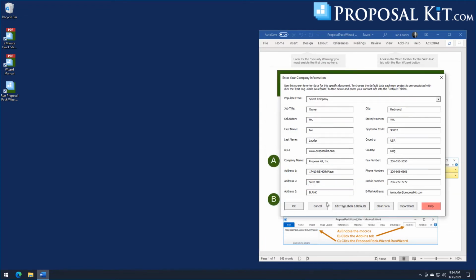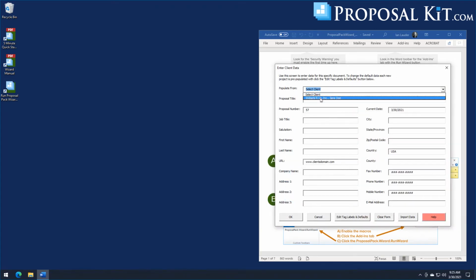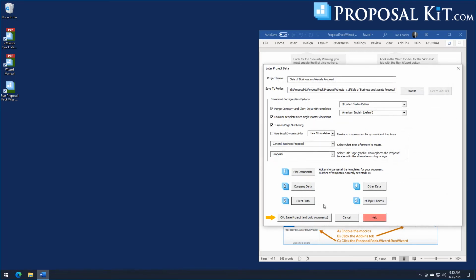and just like before, go to the company data screen, fill that in with your information, and the client data, and we'll just pick the same client. And you'll note I've been unchecking the Excel dynamic link checkbox here. And this is an expert edition feature where in any financial pages, cost summaries, estimates, invoices, cost benefit